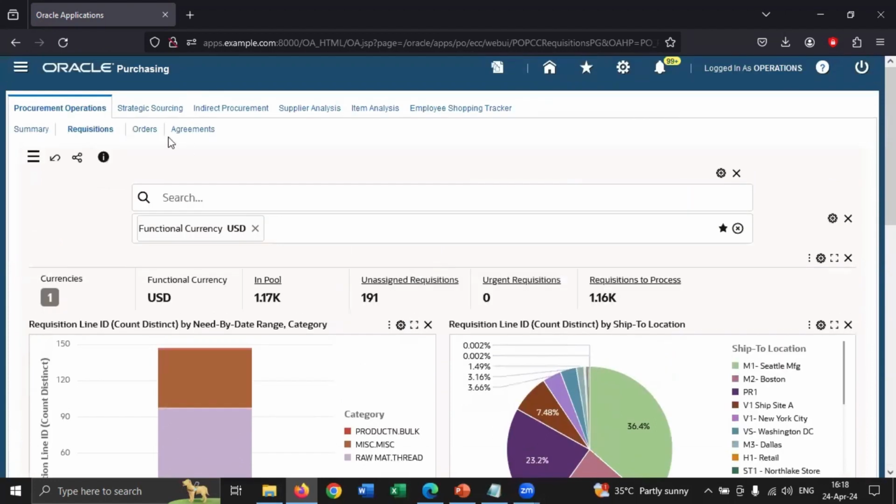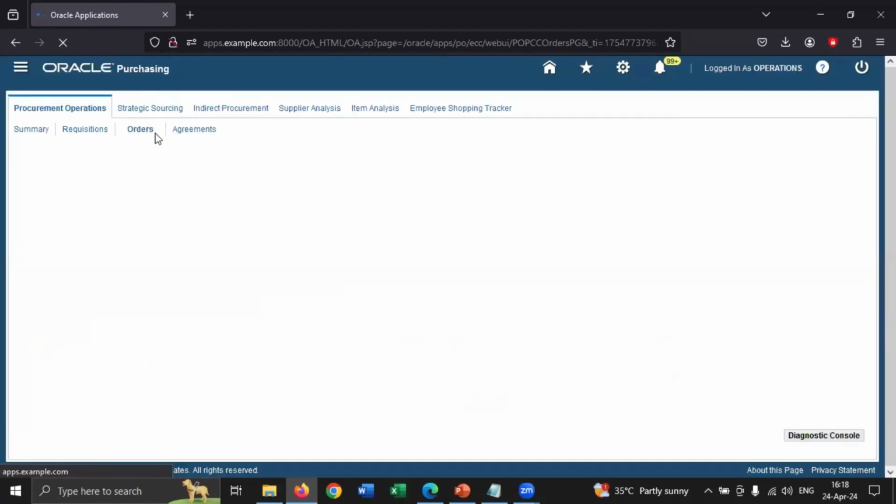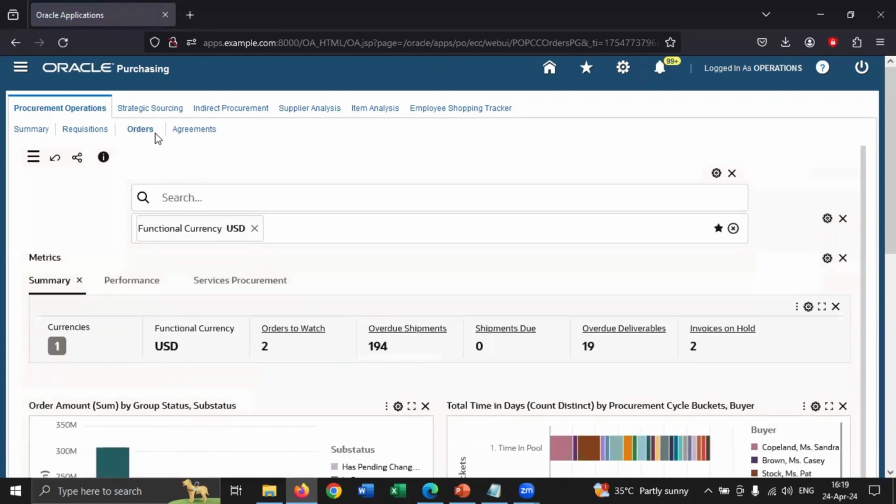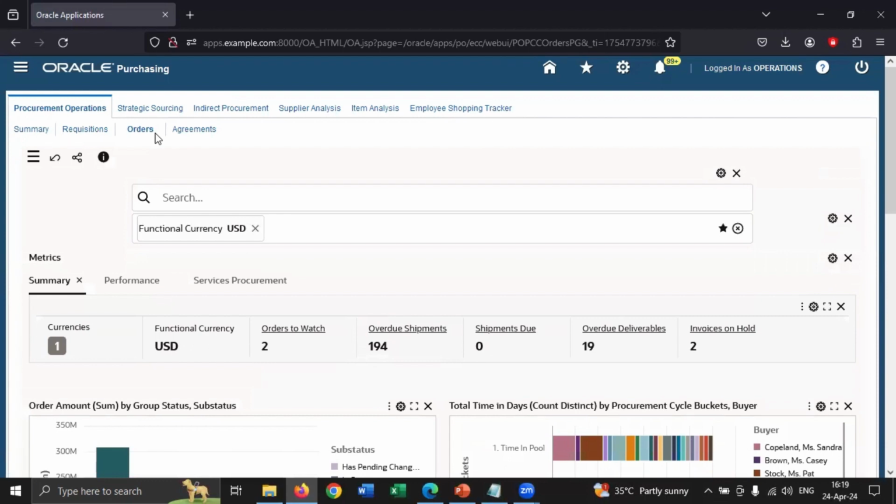Now, we can move to the orders dashboard. So the orders dashboard in procurement provides insight into all details corresponding to a purchase order. Just like the requisitions dashboard, we have metrics which give the current statuses of orders and an overview of the order status. For example, we have multiple metrics like orders to watch, overdue shipments, overdue deliverables, and invoices on hold. So this metric is going to help a manager or a user take actions against